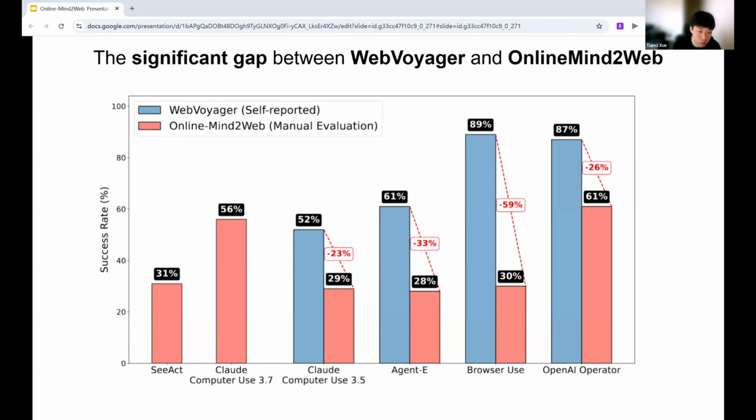For example, Browser Use agents even reach a 16% gap. This result indicates that current agents are still unable to solve real-world tasks effectively, and existing benchmarks overestimate performance due to their simplicity and lack of diversity.